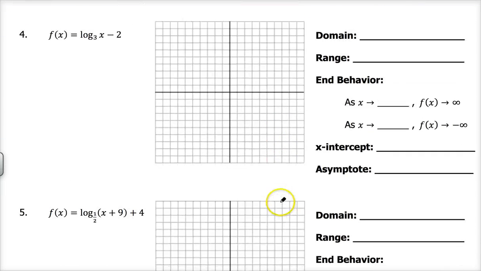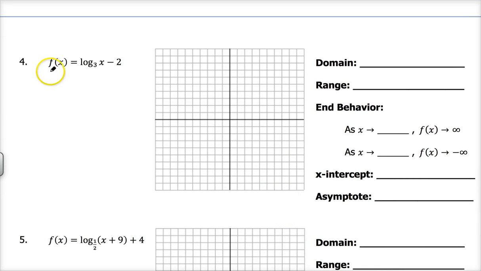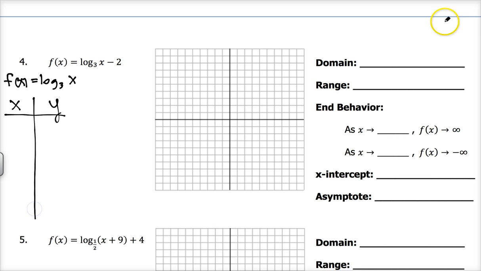Okay, let's jump down to number 4 and do the same thing. We have f of x equals log base 3 of x, and then we're subtracting 2. So I'm going to start out by thinking of what the table for f of x equals just log base 3 of x looks like. And again, to start that table, what I'm really doing is I'm starting with my y values,